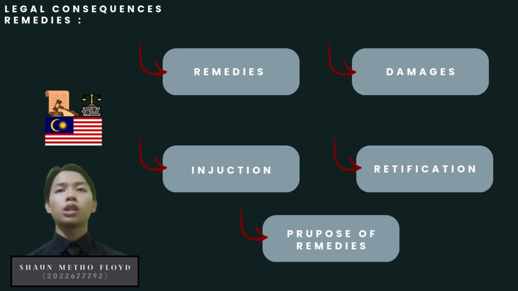Sometimes, the court may give an injunction, which stops someone from continuing harmful actions like unsafe construction work. In some cases, the court may order rectification, which means fixing the problems, such as repairing a building defect. These remedies help ensure that the injured party gets fair treatment and support after harm is caused.